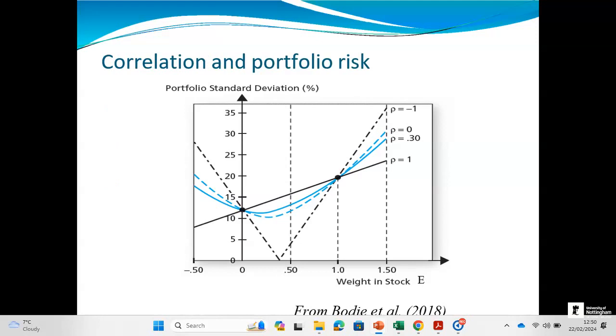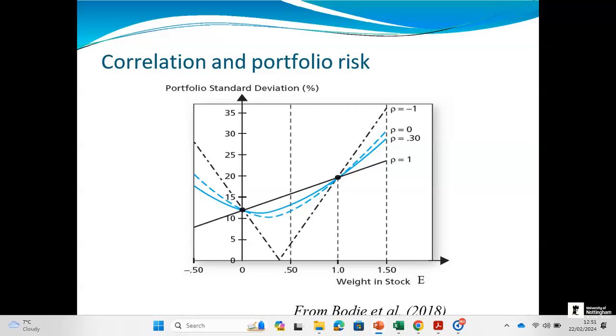Right, so this is a graphical representation of what I just explained. It's essentially the same problem, but represented in a graphical format. So here we have two assets, stock D and E. On the vertical axis, we have portfolio standard deviation, and on the horizontal axis, I'm going to change the weight I'm going to put in one of these stocks, right? So on the horizontal axis, it's the weight in stock E. So what will be the weight in stock D? It's 1 minus the weight of stock E. Okay,